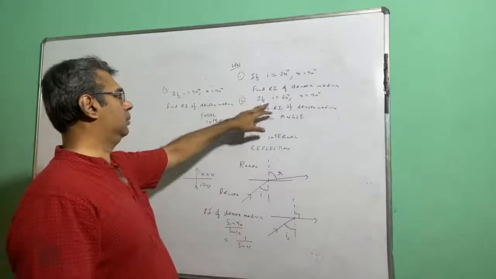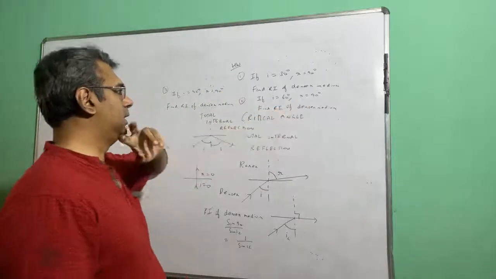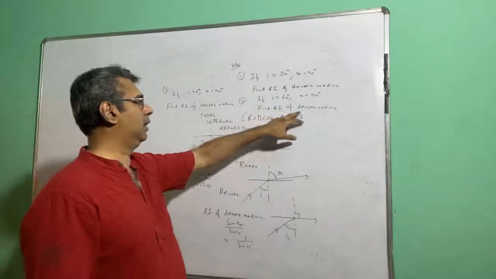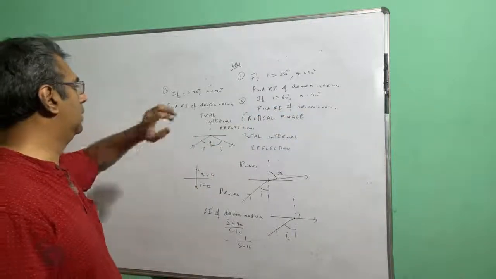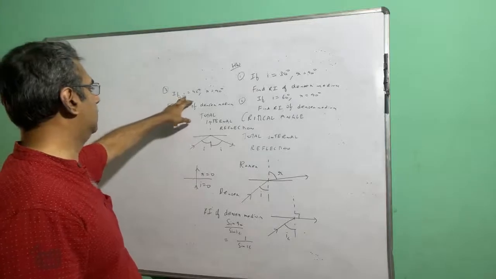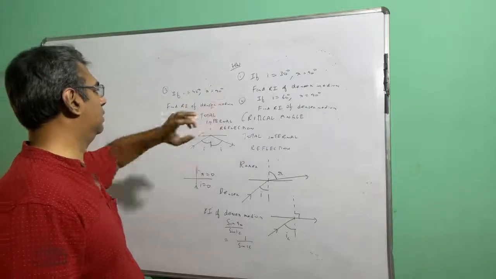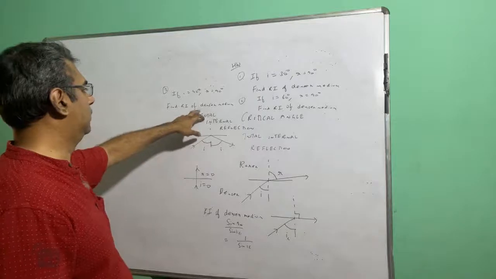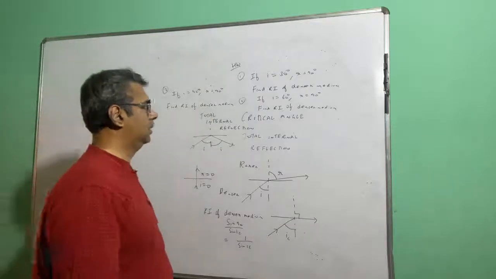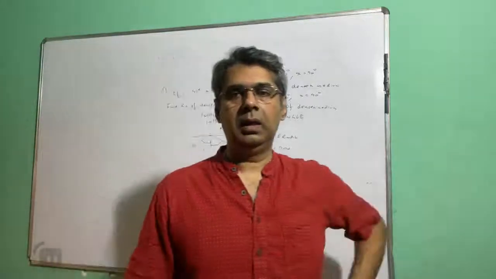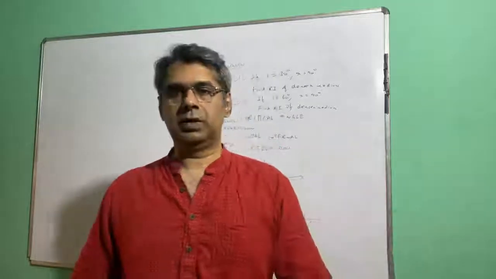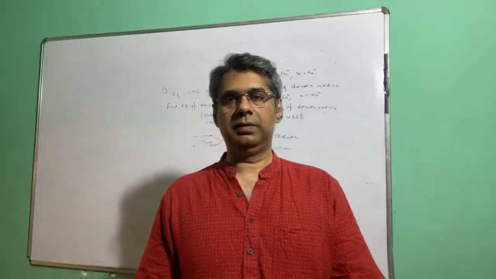Homework question number 2: if the angle of incidence is 60 degrees and the angle of refraction is 90 degrees, find the refractive index of the denser medium. And homework question number 3: if the angle of incidence is 45 and the angle of refraction is 90, find the refractive index of the denser medium. So in total there are 3 questions based on this topic, critical angle and total internal reflection,